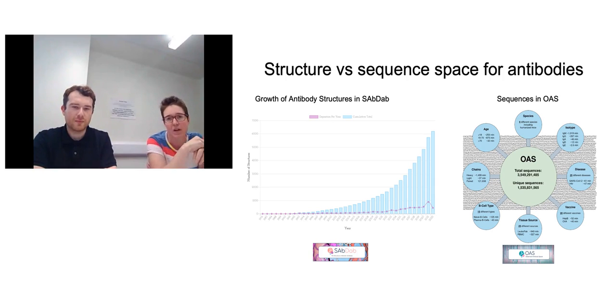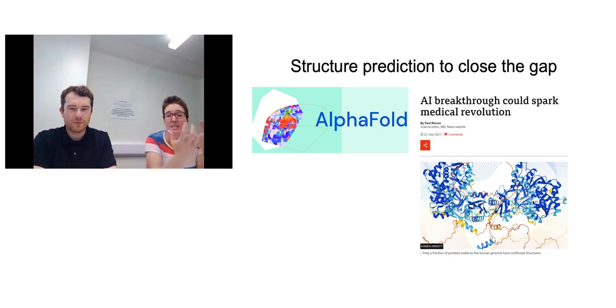the solved structures. Of course, things changed in terms of whether we actually needed to solve the structures experimentally, with the work that was done by DeepMind and the release of AlphaFold 2. I am dead certain that everybody on the webinar will have heard of AlphaFold 2. DeepMind did a very, very good job of making sure we all heard about it, and it is an amazing piece of technology, and it allows the relatively accurate prediction of most protein structures. And of course, I could close this gap.